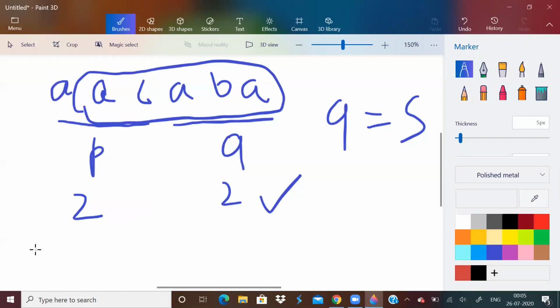I will scan from left to right and keep increasing the frequency and size of the set and the hash table involved with P, and subsequently keep decreasing the frequency of elements in Q.